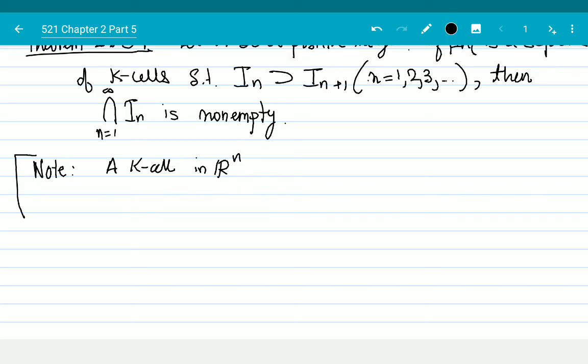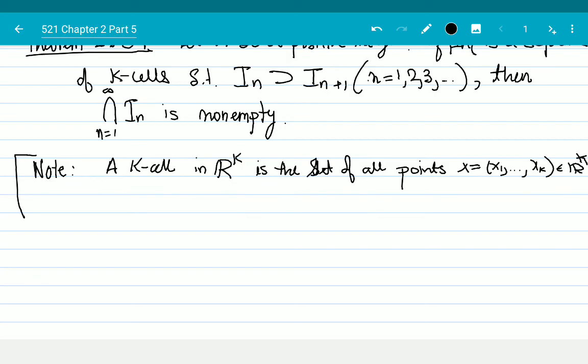Just give me half a second. I think it's defined only for R^k. Okay. So a k-cell in R^k is the set of all points x belonging to R^k, x equal to (x_1, ..., x_k), whose coordinates satisfy some inequalities,